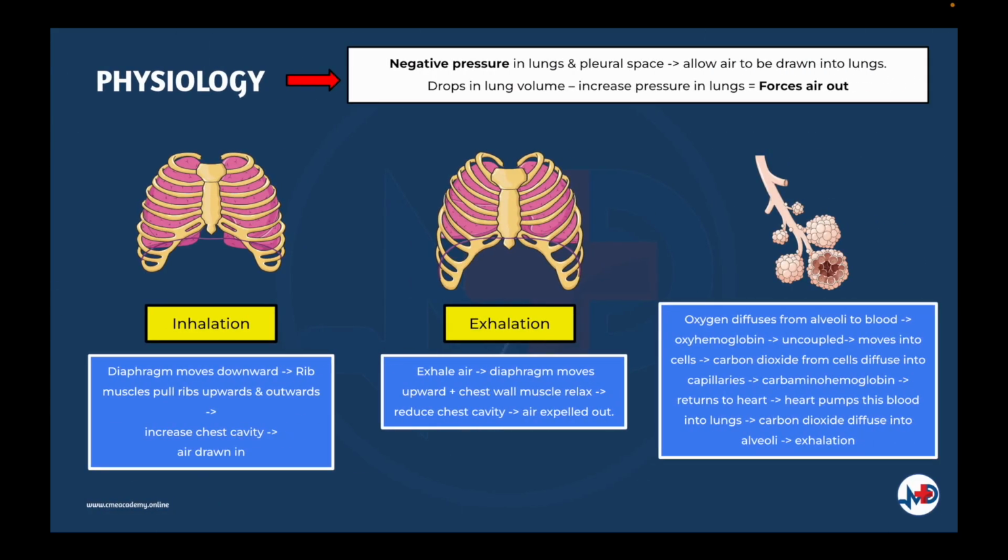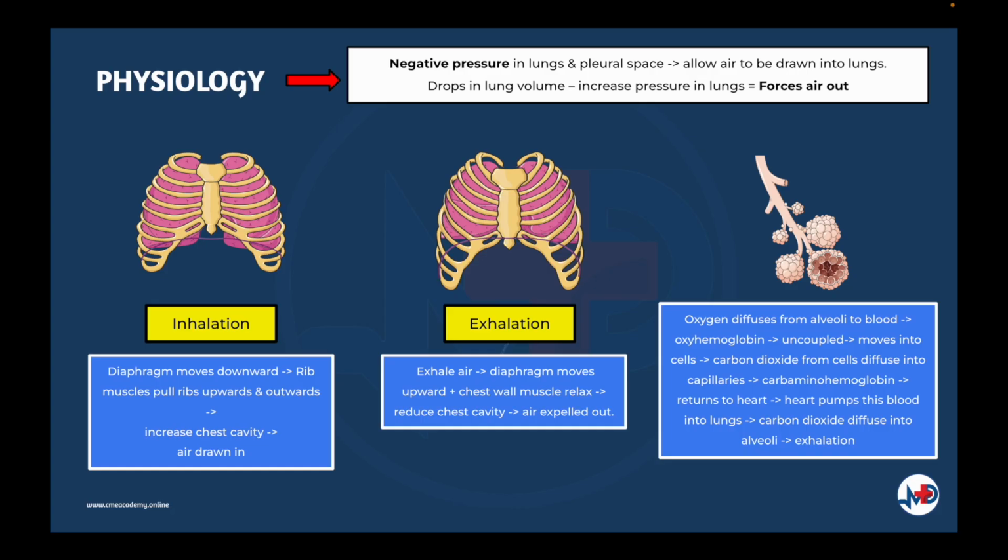Let's discuss the normal mechanisms of breathing. Lungs, chest wall compliance, respiratory rate, and airway resistance work in conjunction to create negative pressure in lungs and the pleural space. This allows air to be drawn into the lungs. When there is a drop in lung volume, the pressure in the lung increases, hence air is forced out from the lung. Respiratory rate is based on supply and demand of oxygen. When the oxygen demand increases and carbon dioxide builds up in the body, respiratory rate will increase to facilitate gaseous